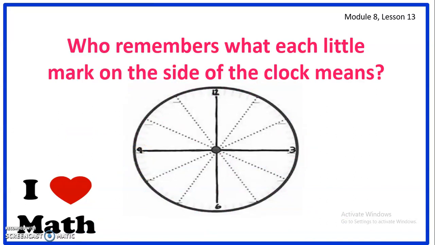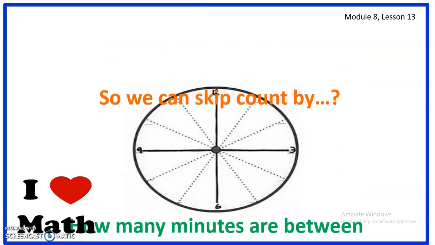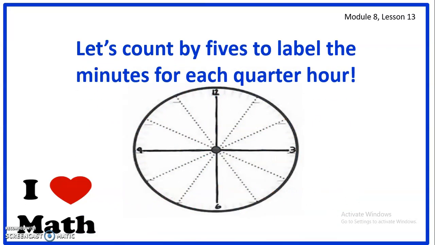Now, do you remember what each little mark on the side of the clock means? They mean the hour mark, right? How many minutes are between one number and the next? That's 60 minutes, right? So I'll just keep count by 60s, right? So if you count by 5s to label the minutes for each quarter hour,